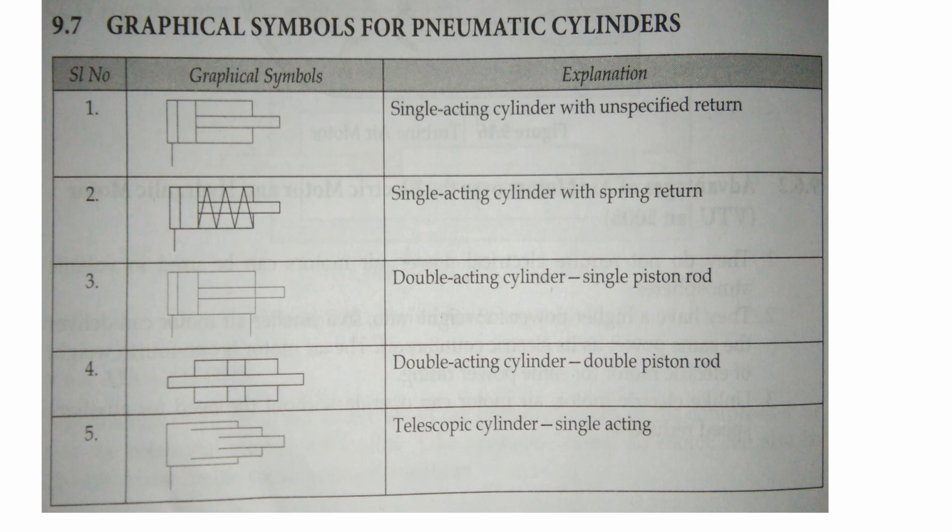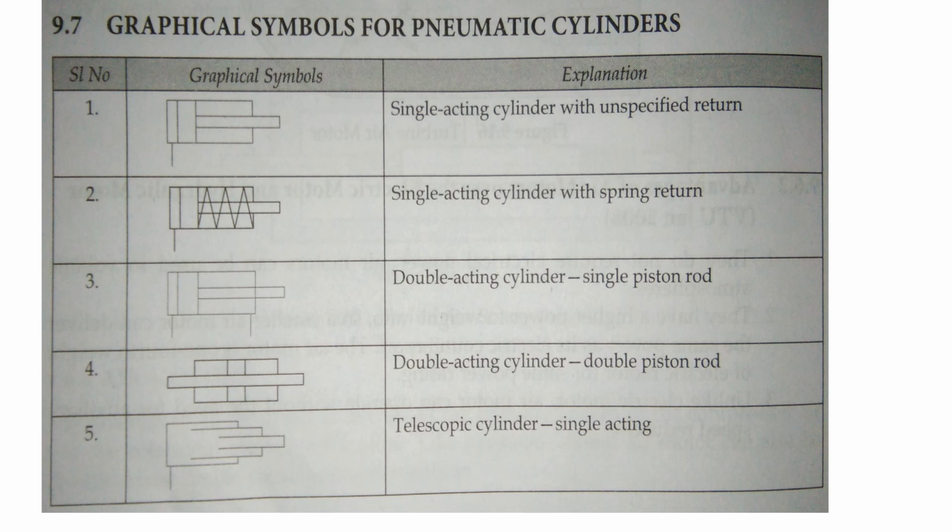because in industries all the circuit diagrams and designs are made using symbols only. They will not draw the real cylinder sketch. They simply draw the symbols of all pneumatic components so that it is easy to identify. By seeing the symbol itself, one is able to say which type of cylinder is used.